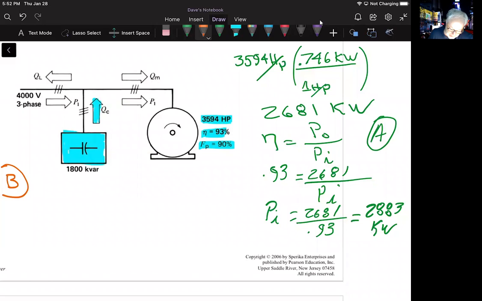Part B asks for the reactive power absorbed by the motor, but we can't get there directly, so we're going to have to back out of that. We're going to have to get back to our